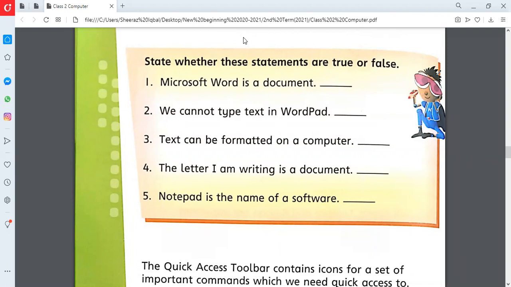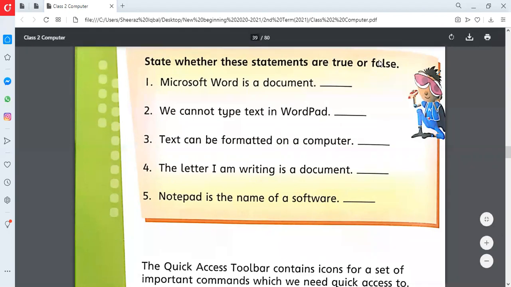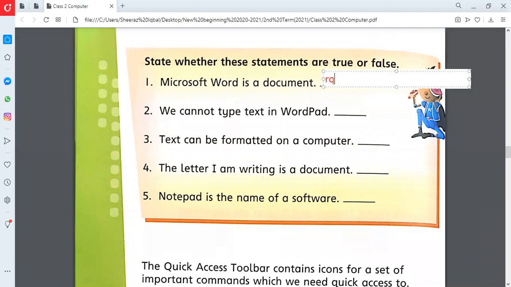Let me write the answer there. So the statement is false. Microsoft Word is a software or a program. Mohammed Abdul Rahim, that's good.